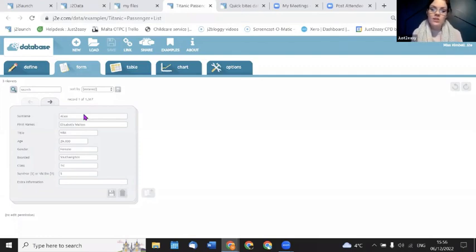So if I was to teach this with my students, I would get them to think about, right, how are we going to find out how many children are on board? And at that point, they could then go through the records, but as you can see here, I've got 1,300 records. So we want to get our students to use that database a bit more efficiently. Now, what we could do